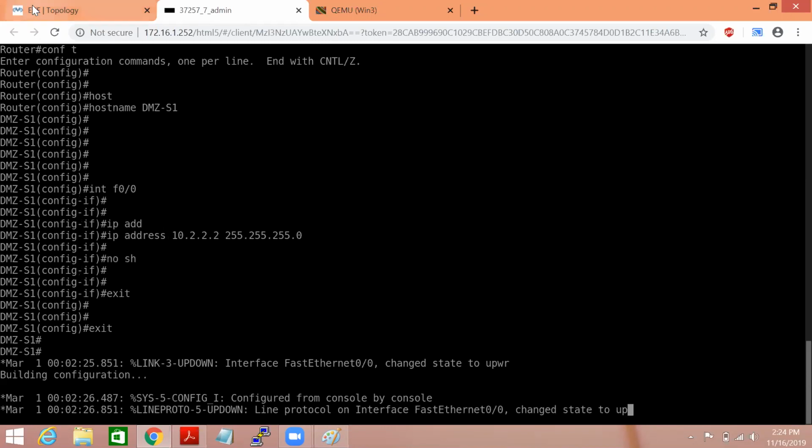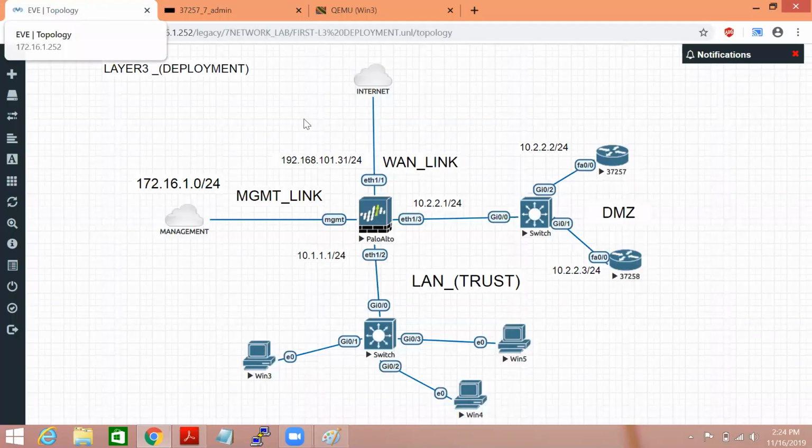So the IP address on server 1 I've configured is 10.2.2.